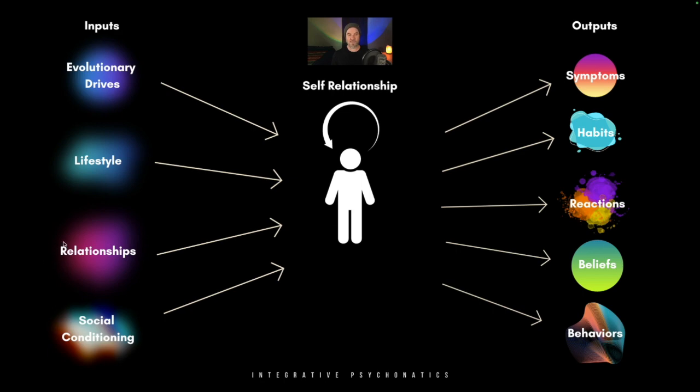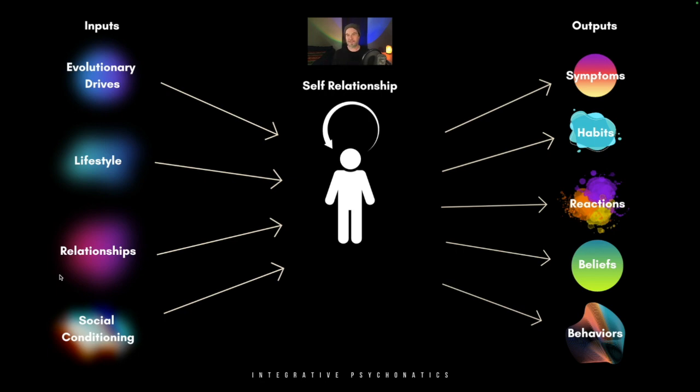Another huge, obvious one here that really does, if these all overlap and tie into each other, would be relationships, right? So obviously early relationships being a huge thing, and considering our psychology and our psychological makeup, what were the imprints from our early relationship experiences, particularly in our family of origin, right? But also school. What were your relationships like with your teachers and authority figures? What were your relationships like with your peers and other kids on the playground? That's another huge input. As we grow up, what were our relationships like in our teenage years? Early romantic relationships, and then into our adulthood, into our 20s, 30s, and beyond.